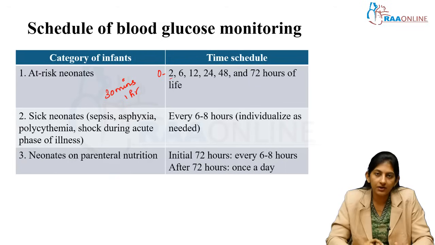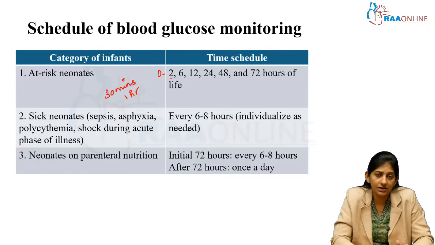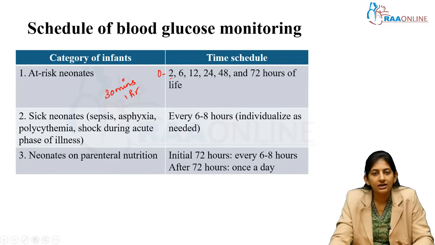And in case you find at any time there is hypoglycemia, it is not about 6 hour feed, it will be like every pre-feed only. So you have to customize it. And sick neonates, it is done every 6 to 8 hours, and up to 72 hours we have to be careful, right? So mostly within the first 1 day, you will pick up babies who are at risk of hypoglycemia, and then individualize the glucose monitoring to the baby, how their glucose levels are